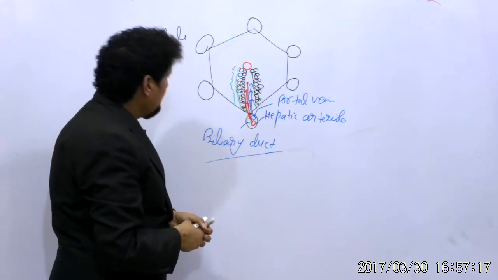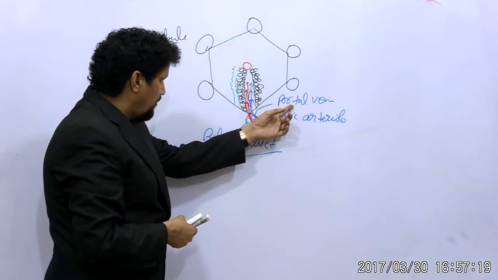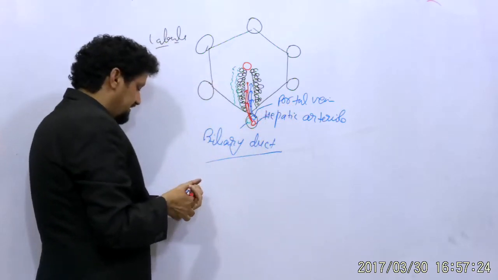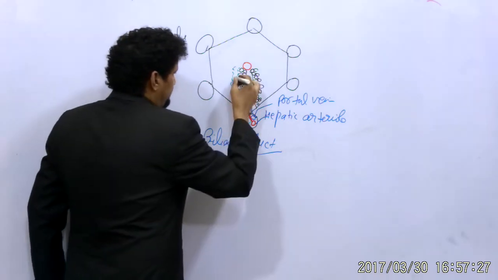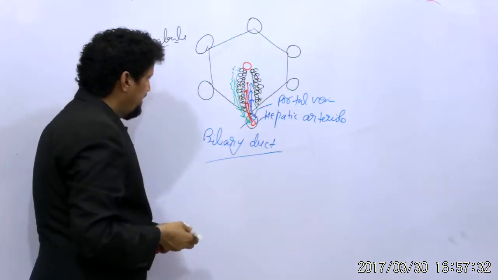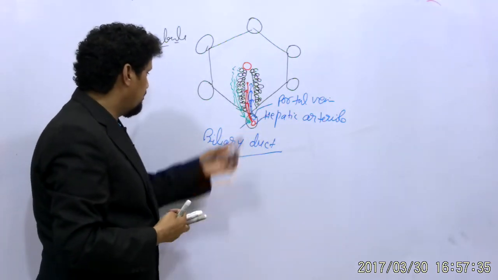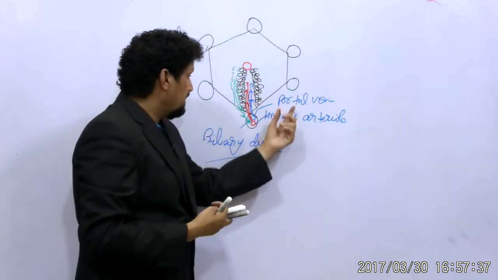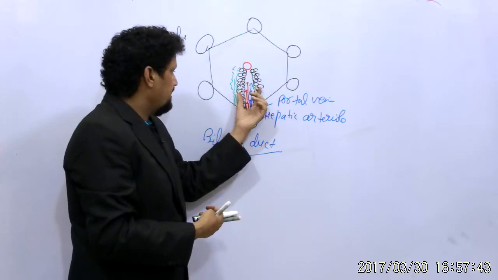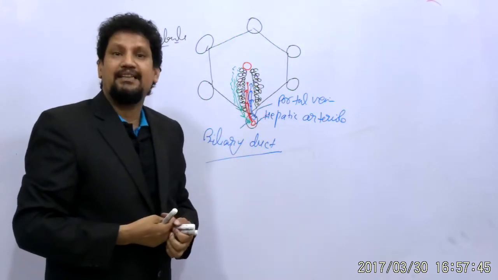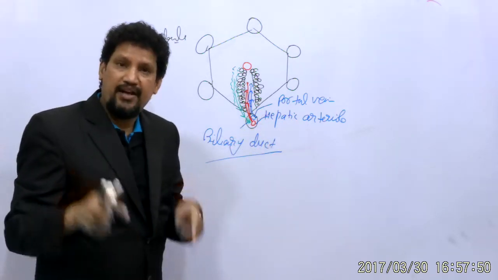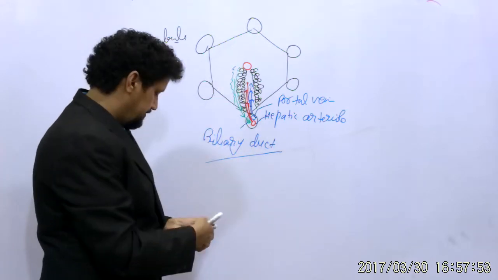So, after filtration and detoxification of the portal vein blood, the bile enters the biliary canaliculi and ultimately drains into the biliary duct. So, this is the drainage of the bile from the biliary canaliculi, and this is the mixing of the portal and the hepatic arterial blood. Ultimately, after filtration and detoxification and after gaseous exchange from the hepatic arterial component, blood enters finally into the central vein.